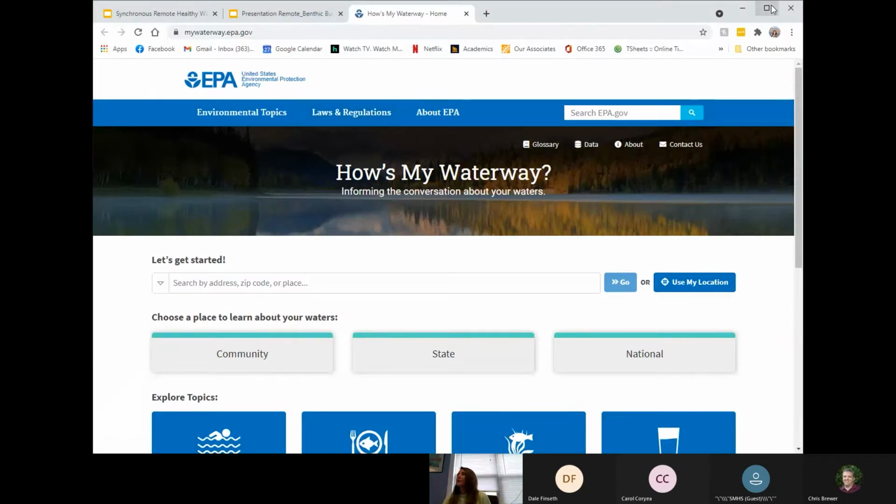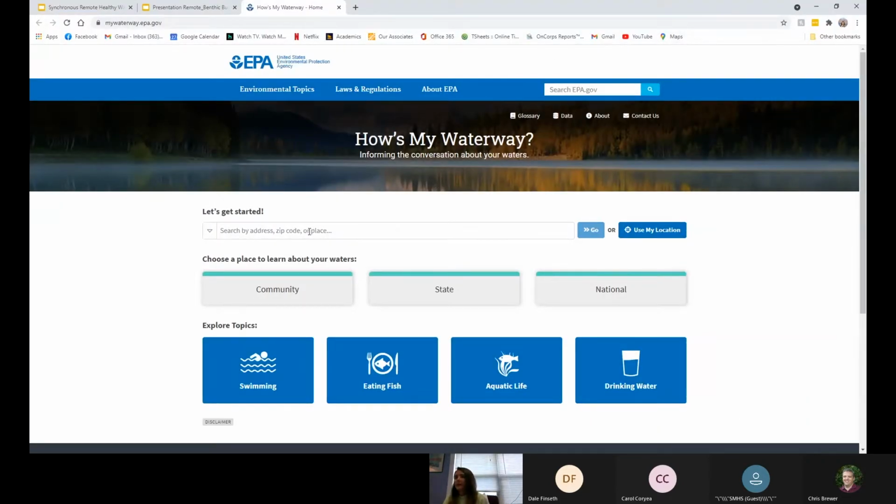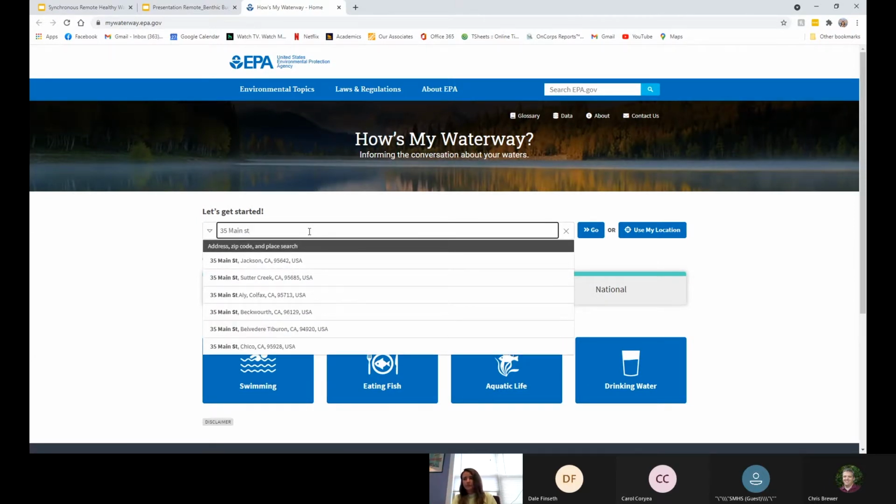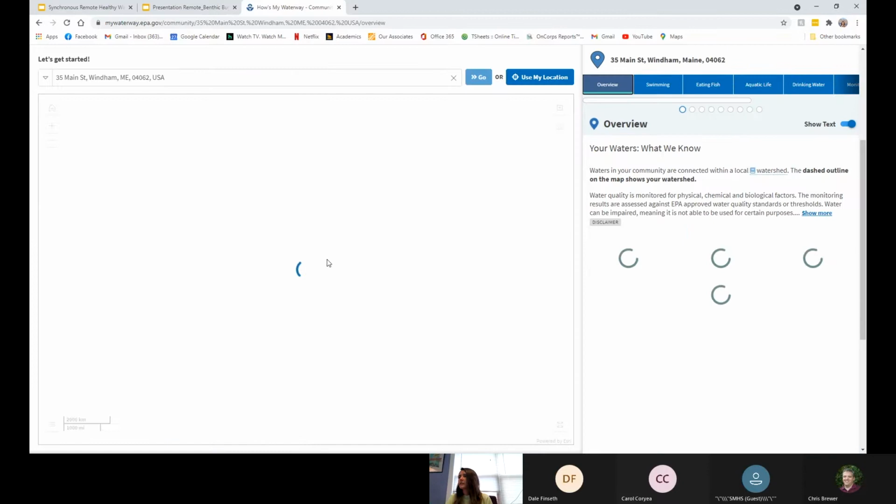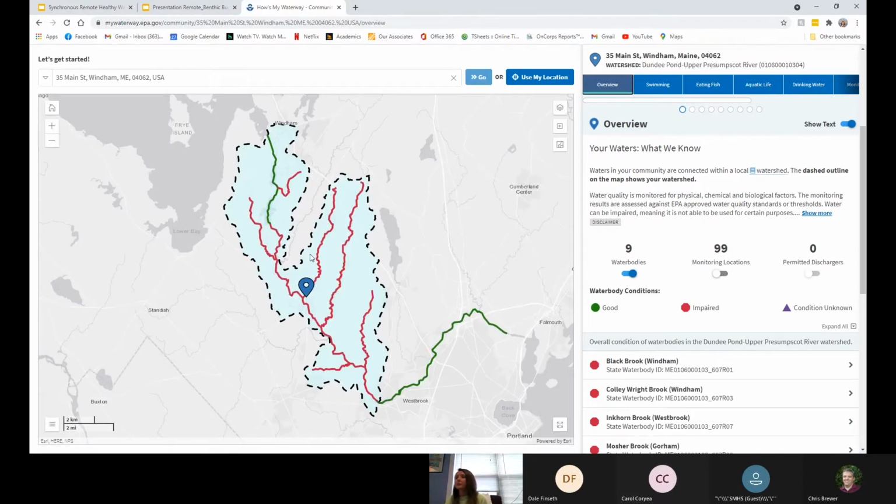Here we go. So this is a tool from the EPA, and you can just enter your address. So I'll use our address here at the Cumberland County Soil and Water Conservation District. And this tool is really interesting because it will show you one of the main watersheds that you're in. So up at the top right, which shows us that we're in the Dundee Pond Upper Presumpscot River watershed. So the Presumpscot River runs from Sebago Lake down into